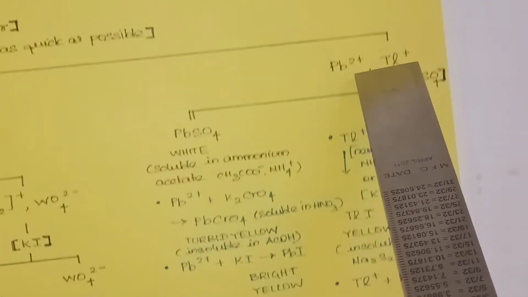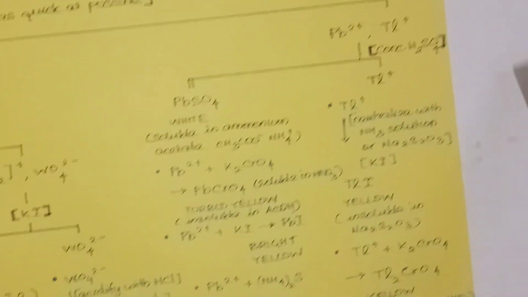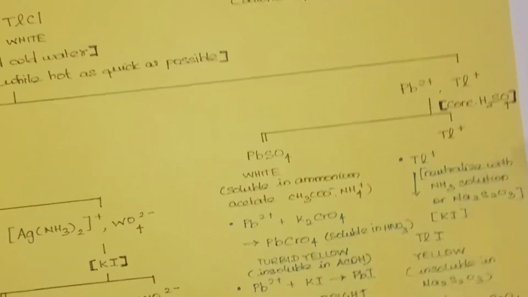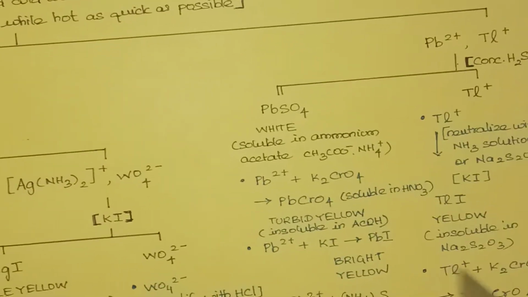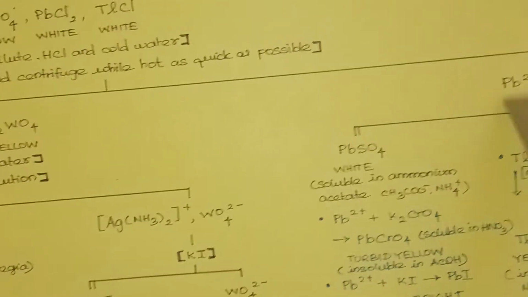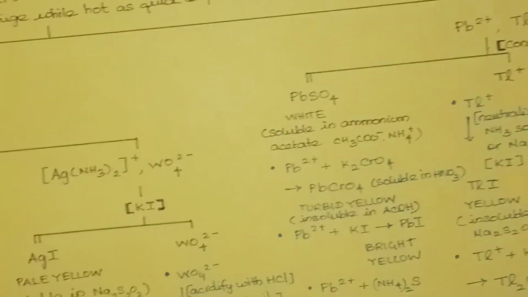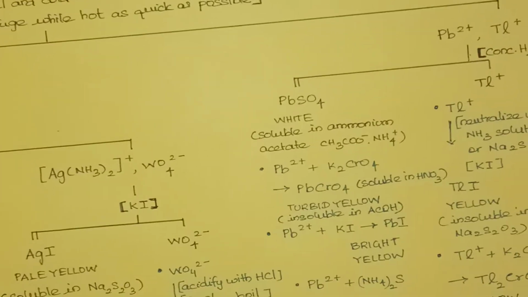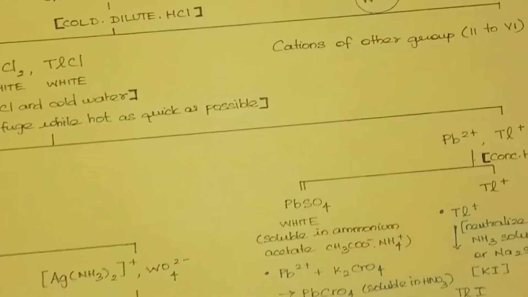This one I have already discussed. Now coming to this part, the centrifugate. That means your lead and thallium, if present in the centrifugate, upon cooling the white PPT reappears. On heating, the white PPT disappears; on cooling it reappears, on heating it disappears. If it is so, there will be lead or thallium. If any white PPT does not appear on cooling, then lead and thallium are not present. You can proceed with the other group analysis.